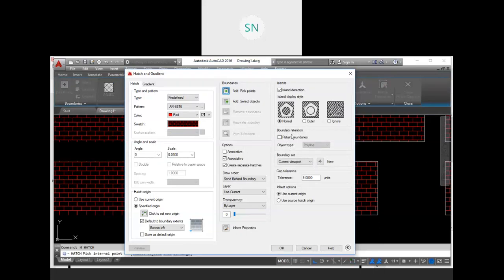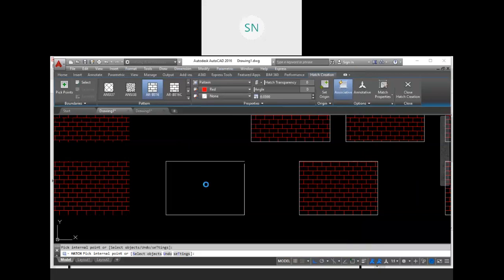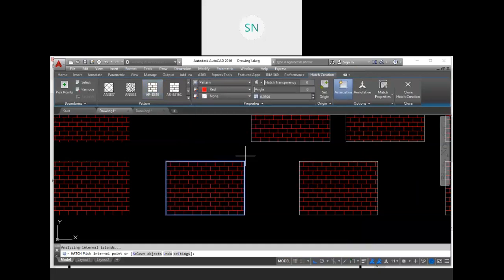This option will create a new boundary for our hatch. So click on retain boundary option and we will create a boundary with polyline tool. So rectangle is a polyline, right? So we are using polyline tool. Click on add pick points, select this area and continue this hatch.